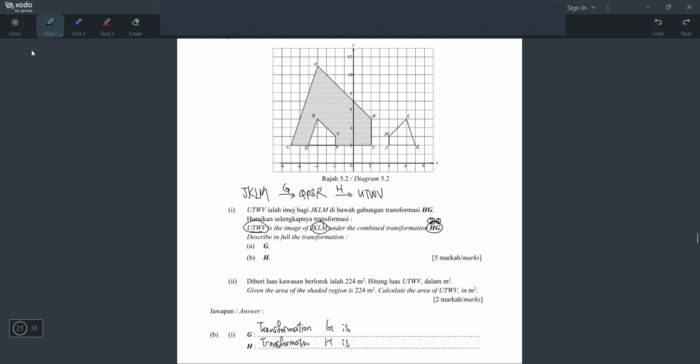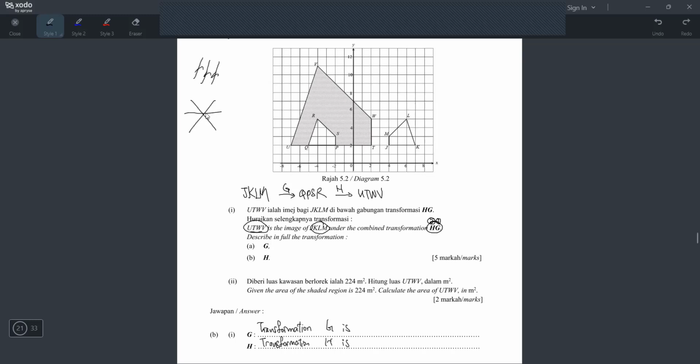And macam mana saya ajar, kalau you tak tahu reflect, rotate, you buat garisan, right? But how many garisan you kena lukis? 3 garisan. So when you draw 3 garisan, you have to draw corresponding. So macam ni, let's say I draw macam ni, macam ni, macam ni. Then I sudah nampak semua line saya parallel. So bila semua line saya parallel, dia adalah reflection. Okay. So if I draw lines, if all lines parallel, it is reflection.